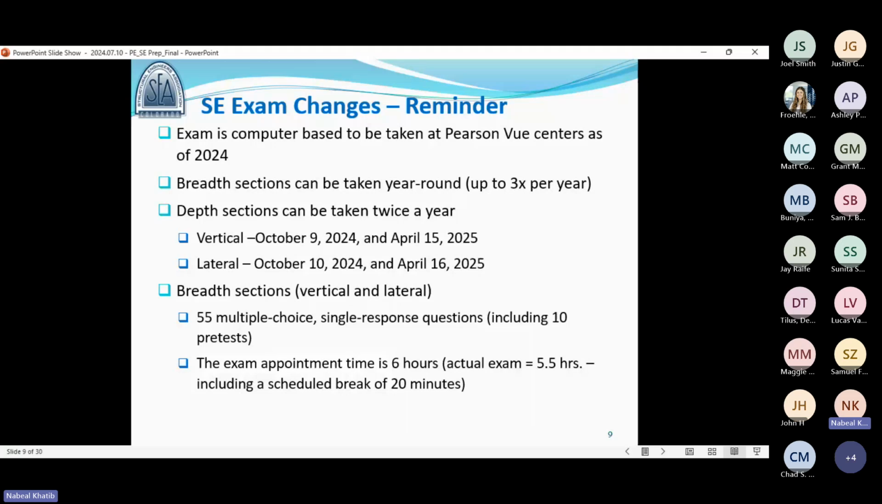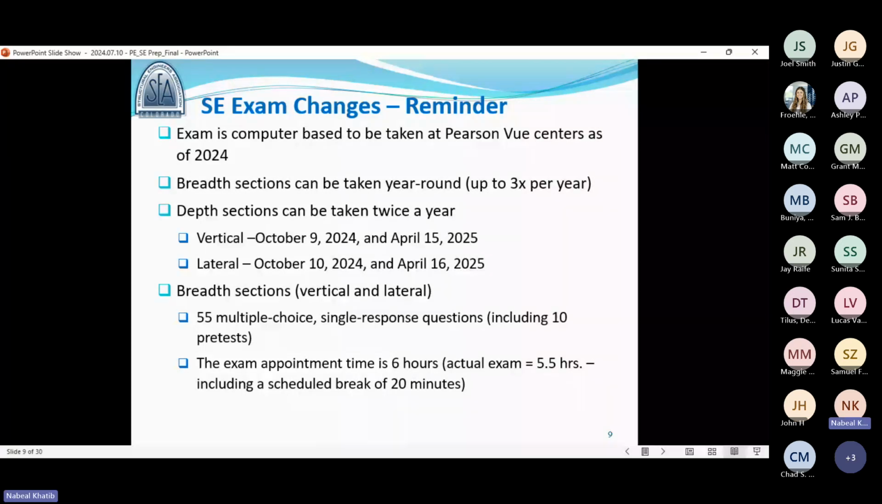Draw the vertical and the lateral. Vertical would also have 2 components, breadth and depth. And then you get the lateral as well, breadth and depth. The depth portion is only offered twice, or I guess the vertical would be once and the lateral would be